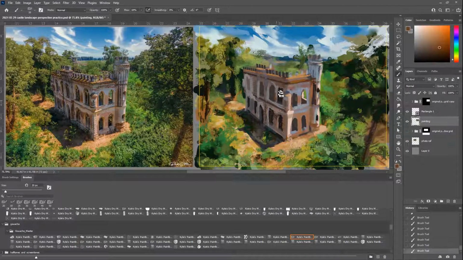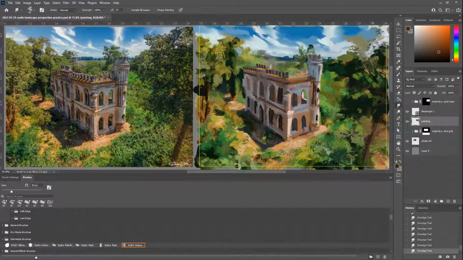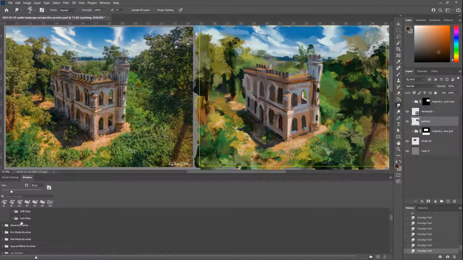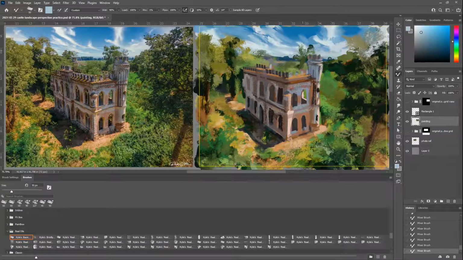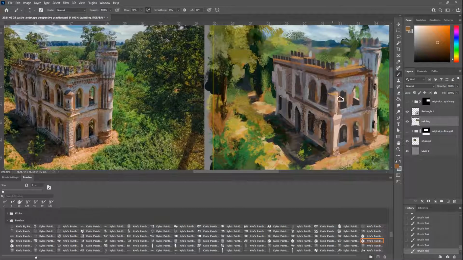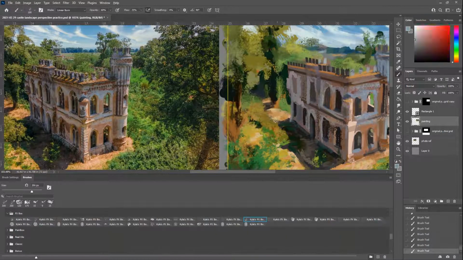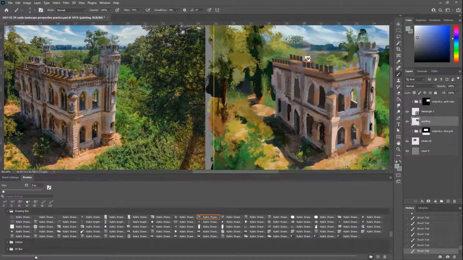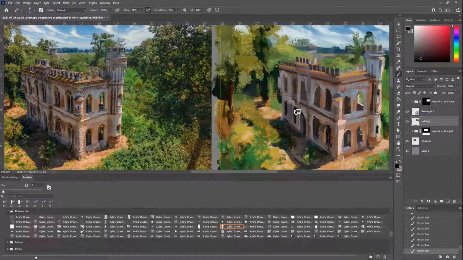The brushes I picked while painting this piece were from a variety of brush packs that I recently downloaded. Something I'm working on is trying to not be too precious about which brush choices I use in my art pieces, because before I felt like I needed to use specific brushes or a certain set or have my brushes organized perfectly. But what I'm realizing now is that I need to be a little bit more carefree about the brushes I'm using, because then I'll get a lot of different texture from a variety of different brushes, and I'll have more fun creatively using whatever brush I want to use.